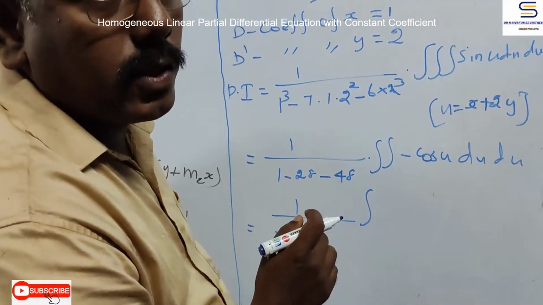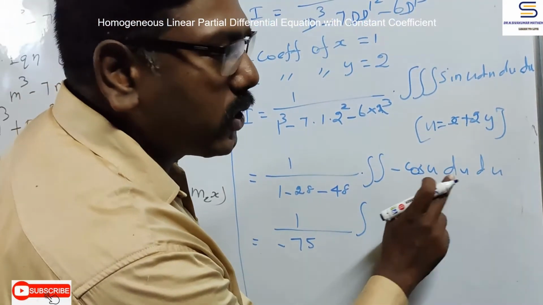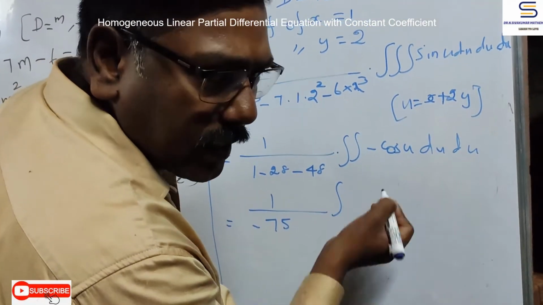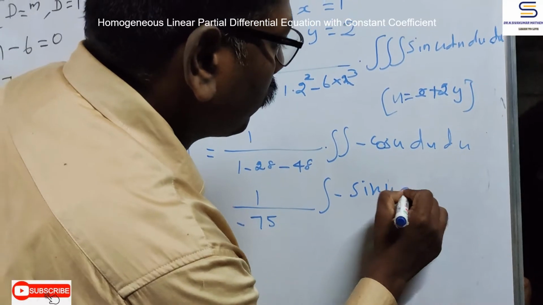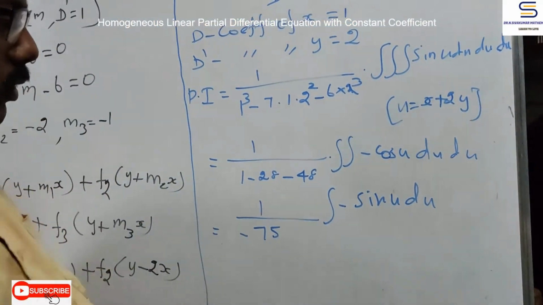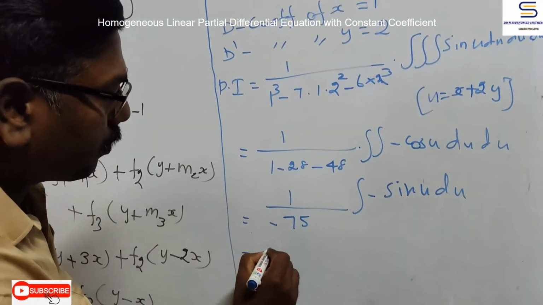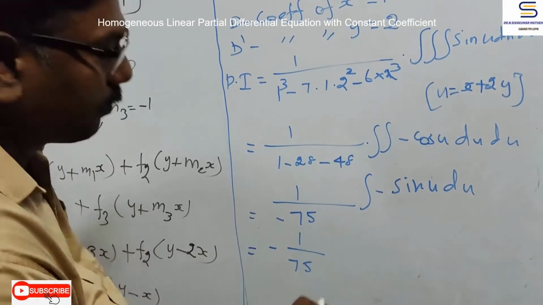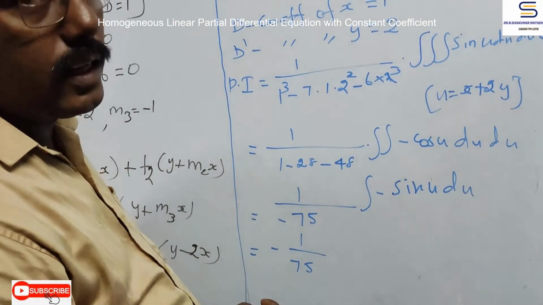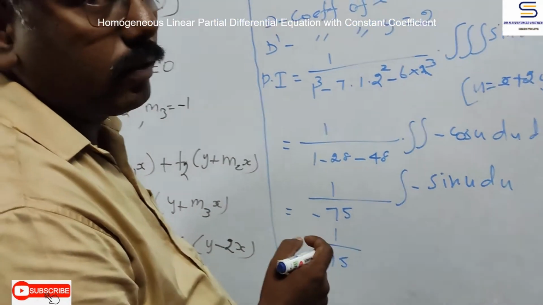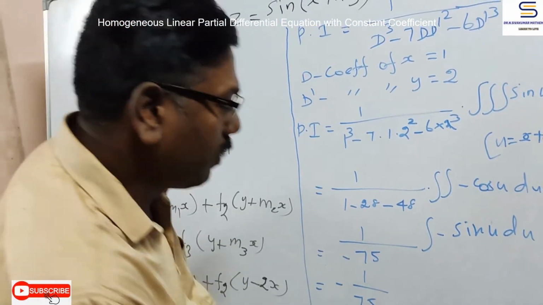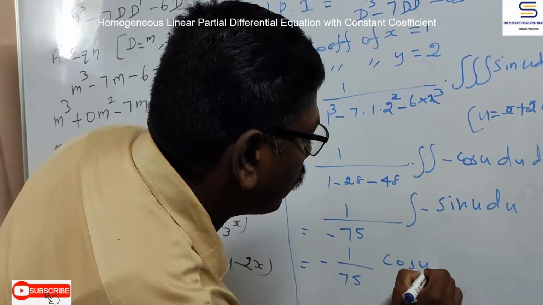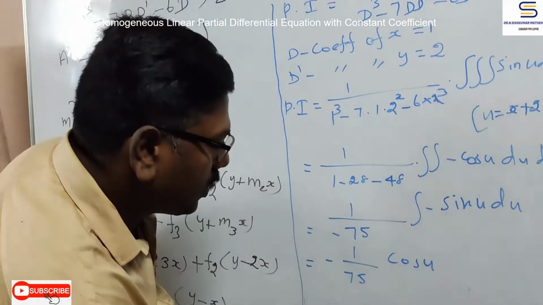Again integral cos u du, which is equal to sin u. This minus sign is already present, so minus sin u du. So which is equal to minus 1 by 75. Again integral sin u, we get minus cos u. So minus into minus plus, so cos u, which can be written as